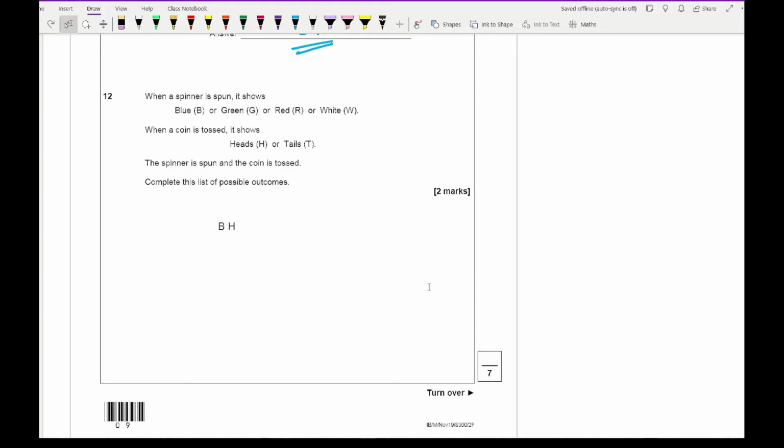Complete the table. Complete a list of all the possible outcomes. Now for this, you want to have some form of order. They're giving you an idea of BH. So what we're going to do is keep the spinner colour consistent, and then just change the coin